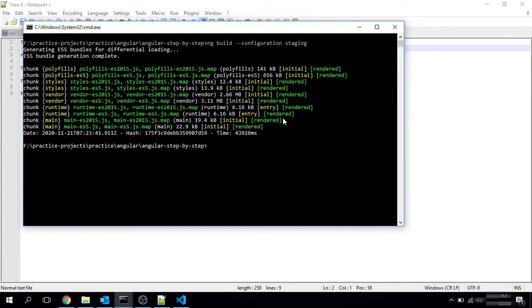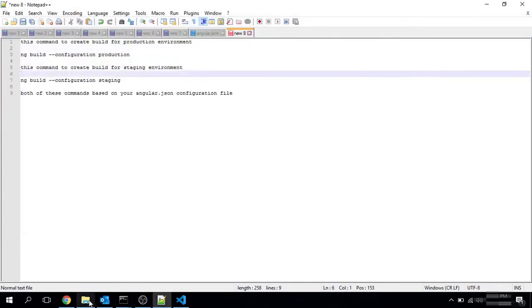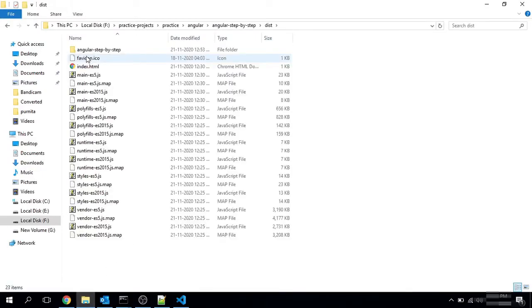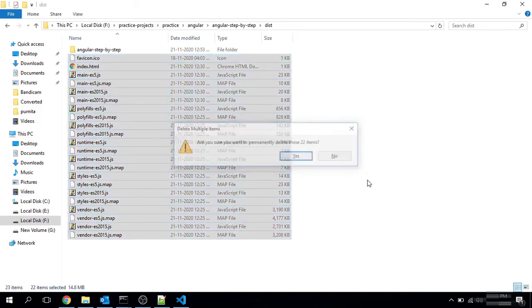Build has been executed. Now this folder has been created. This is our previous code.